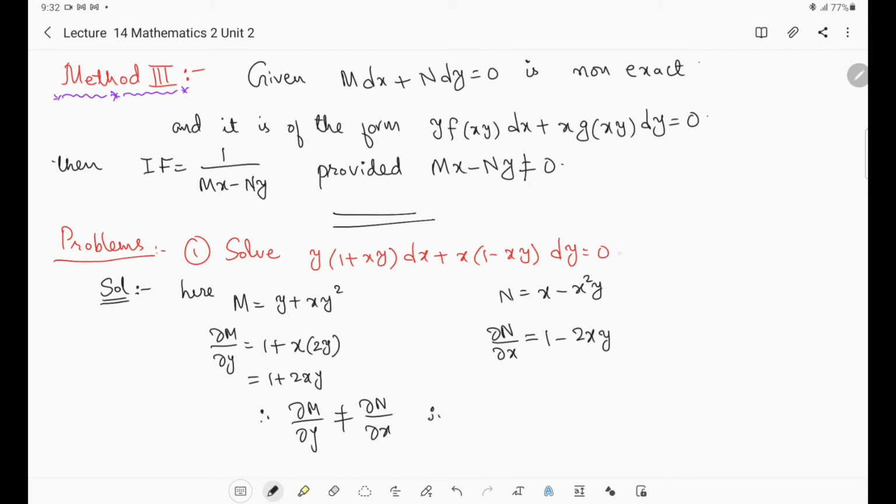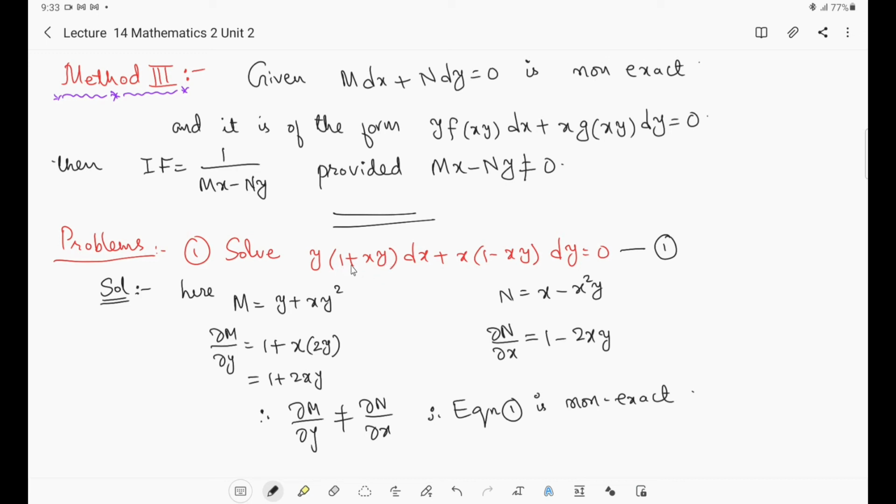Therefore, if you consider this equation as equation 1, then equation 1 is non-exact. If it is non-exact, then we have to go for either the inspection method or the homogeneous method. It is not in the homogeneous form either. And here also we get xy square into dx and x square y into dy. So we cannot apply the inspection method for these kinds of terms, even though terms like y dx and x dy are there. That is why we are not going to use the inspection method here.